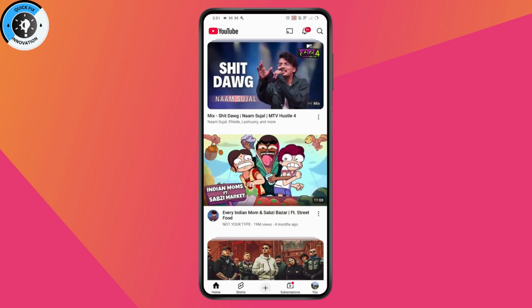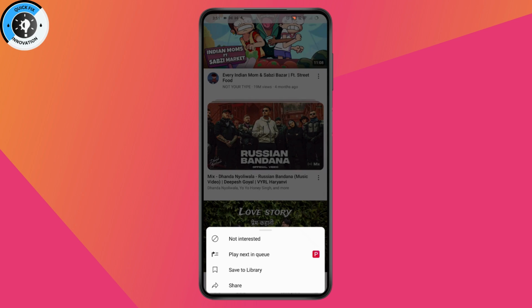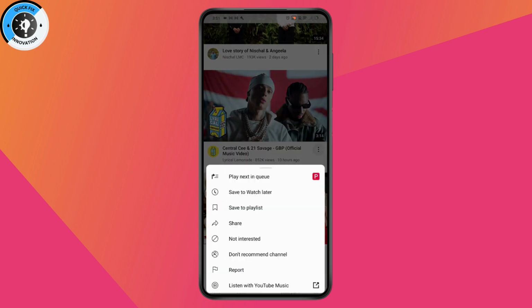Now, if you're not being able to find the download option for only specific videos, then that means the owner of the video has not set it to download. Like for example, if you go with a few videos, then you won't have a download option. As here, as you can see, that it doesn't have a download option, but only few videos will have download